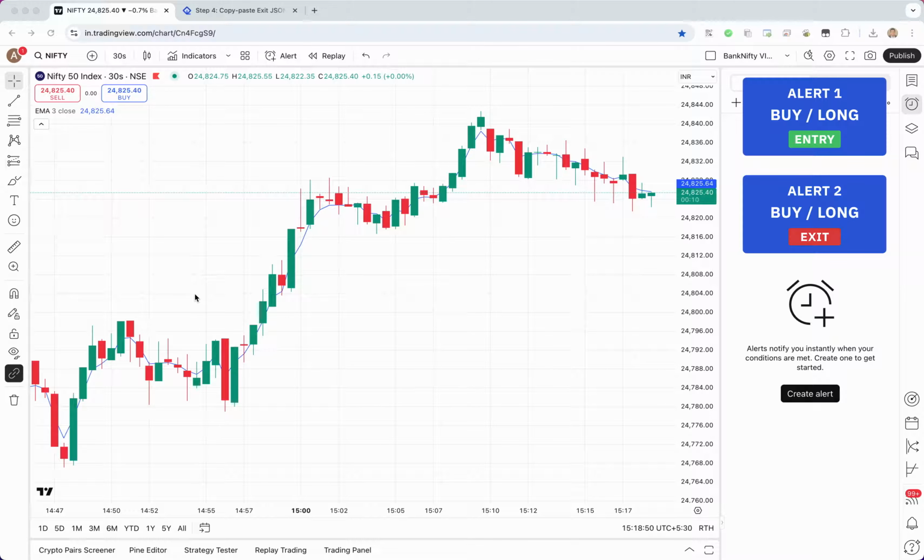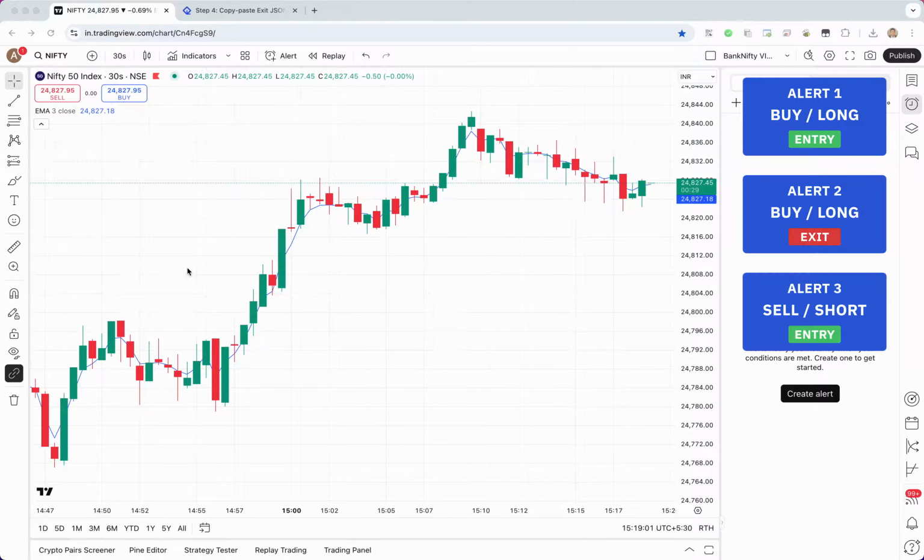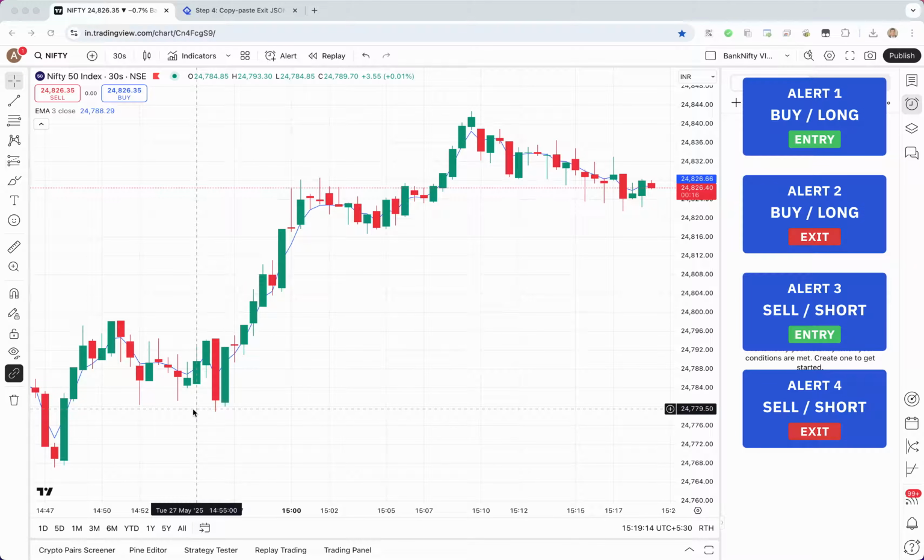Alert 2 will send out the buy exit signal to Quantiply when the price closes below the moving average line. Alert 3 will send out the sell entry signal to Quantiply when the price crosses over and closes below the moving average line. And alert 4 will send out the sell exit signal to Quantiply when the price closes above the moving average line.